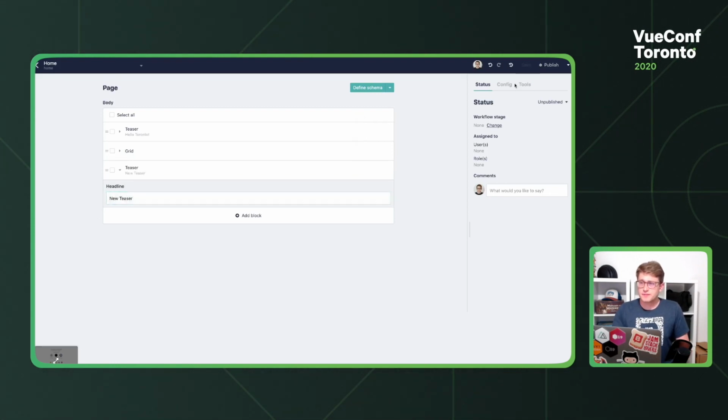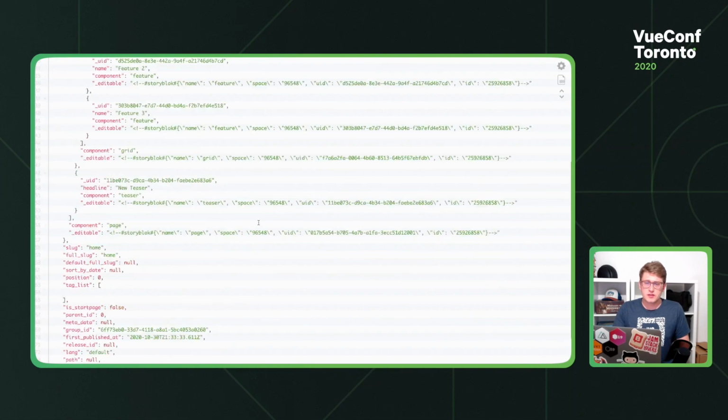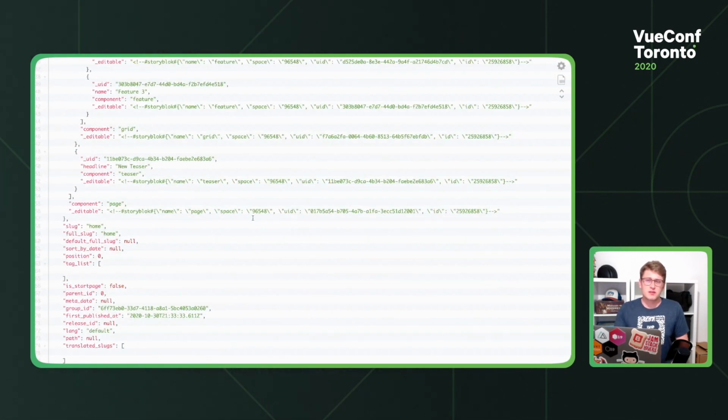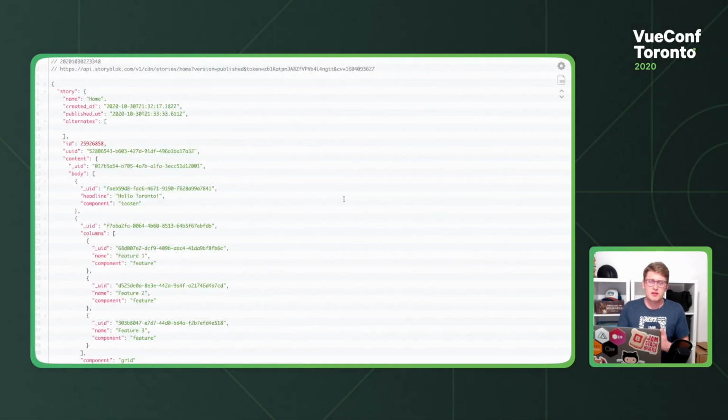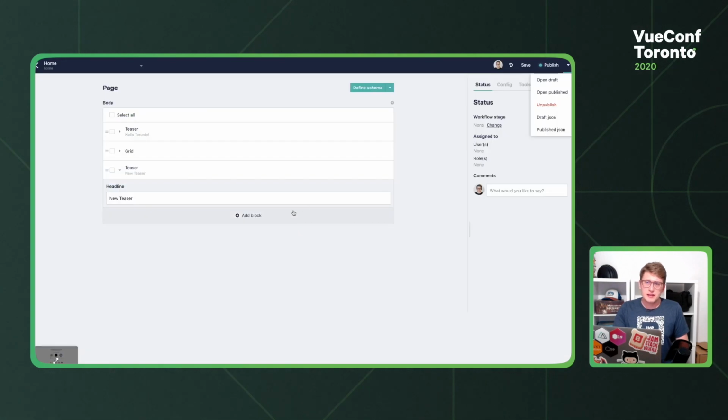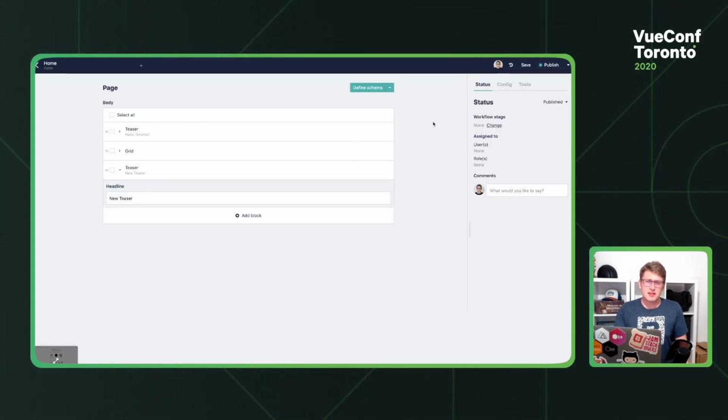We can save it, and we can even publish it, and that would trigger the webhook on Netlify or Vercel or whatever you are going to deploy, and then check the JSON of it, so how the content delivered by the CMS to our Nuxt.js project will look, and also how the production content looks. And this is all stuff you can already do without any special setup. It's very easy, and